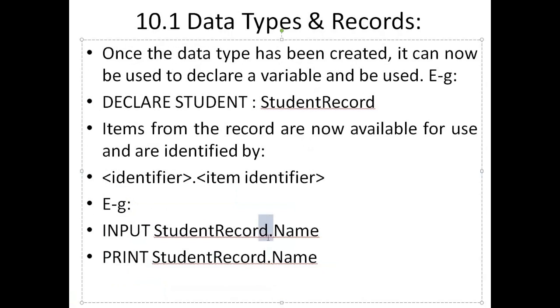So by using a dot or a period or a full stop, whatever you want to call it, you can input or output individual fields or individual items as well.